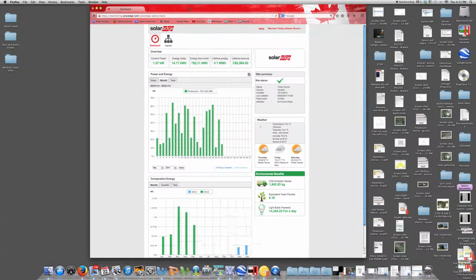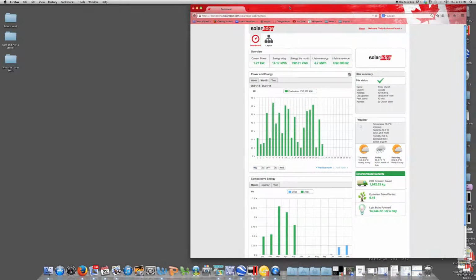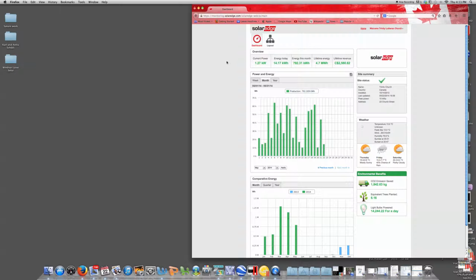So the first page that pops up here is your dashboard system. You can see an overview of how much power is currently being made as we speak. It's pretty cloudy and miserable out here right now, so it's not a lot. As well, it'll give you the total energy for today, this month, lifetime, and the lifetime revenue generated up to